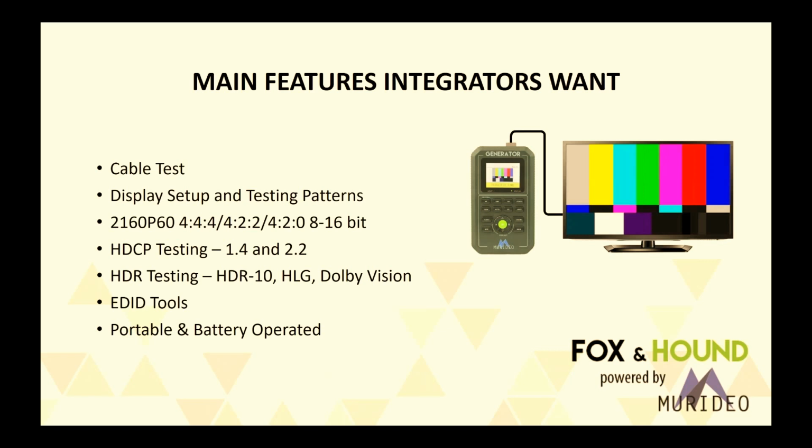The main features in the Fox and Hound: we have another generator analyzer that we've been selling for 2 or 3 years now, and some of you may have it, the 6A and the 6G. We basically took a subset of features off that kit and put them into something that could be suitable for the field and affordable for the field. And what's left is a cable test,